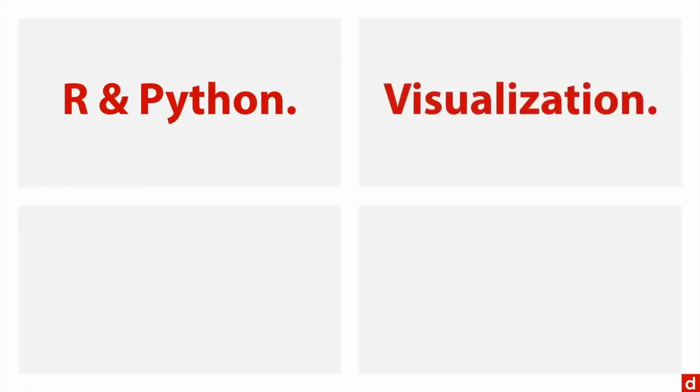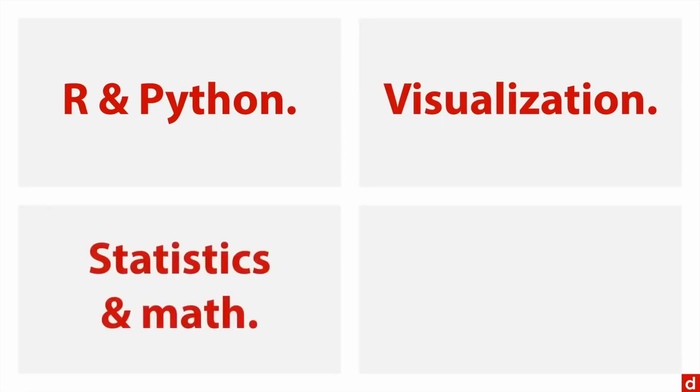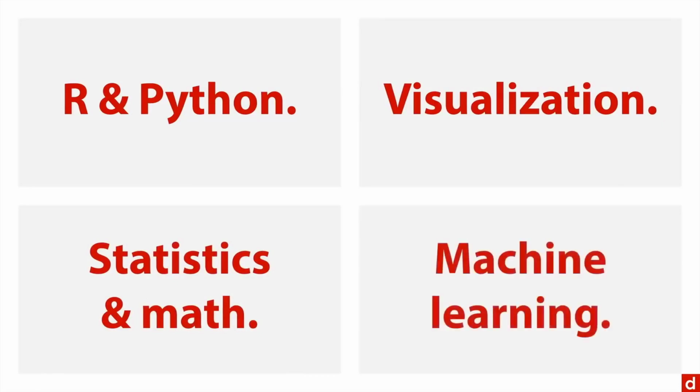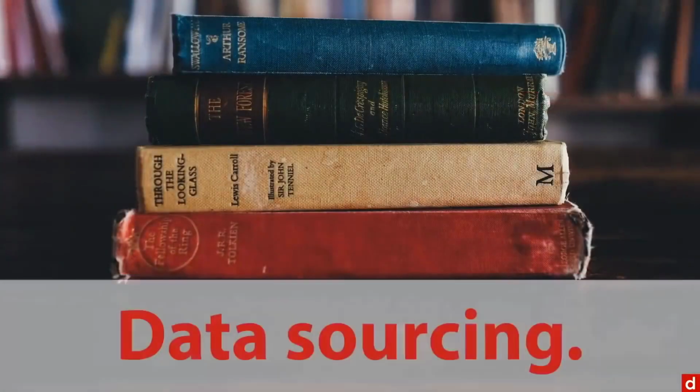You might want to try doing some data visualization, one of the most important things that you can do. You may want to brush up on statistics and maybe some math that goes along with it. And you may want to try your hand at machine learning. All of these will get you up and rolling in the practice of data science. You can also try looking at data sourcing, find the information that you're going to do. But no matter what happens, try to keep it in context.